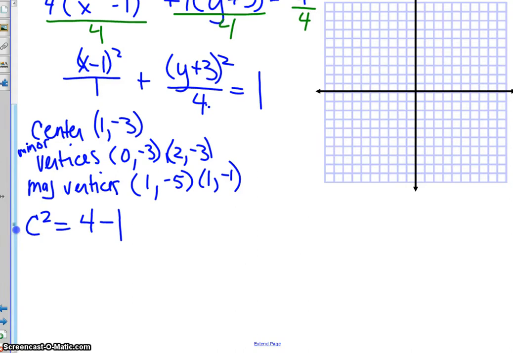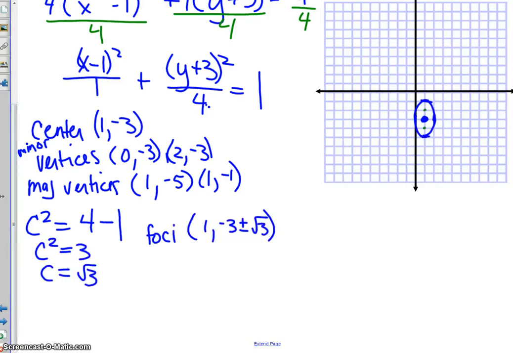And I'm going to run out of time here to graph it. Look back. I'm going to pause it and show you the graph here. So you see it's a tiny little graph. It has a center, and then it goes up from the center to the left and to the right by 1, and up and below it by 2 to find my 4 vertices. And then I put in my foci. My foci is going to be at that negative 3, and we're just adding or subtracting the square root of 3, which is 1.7. So